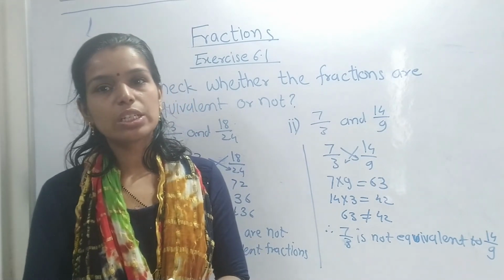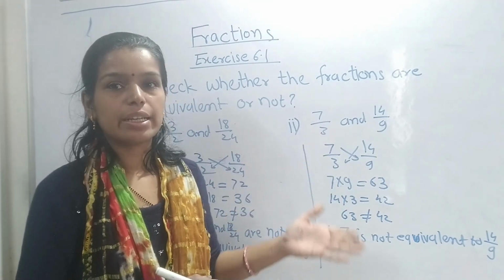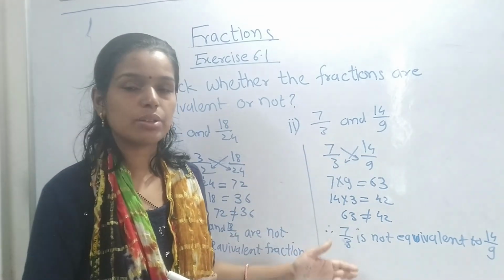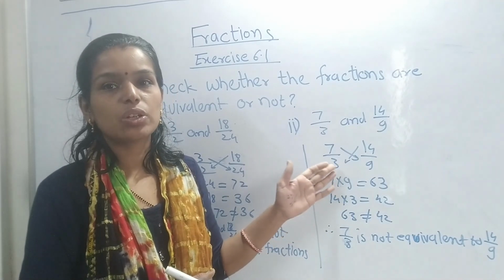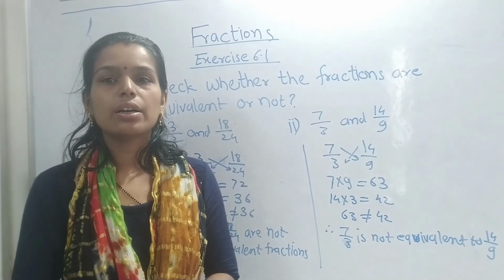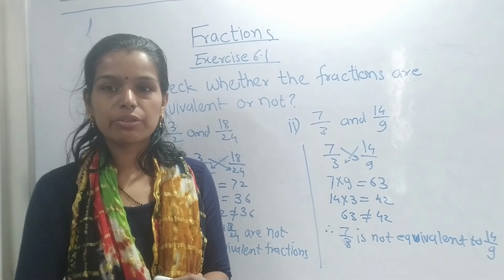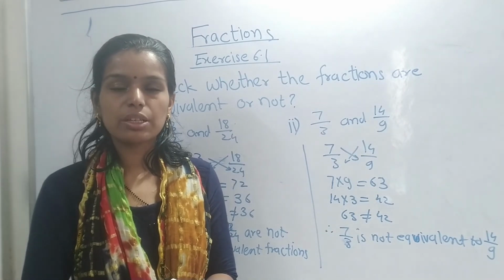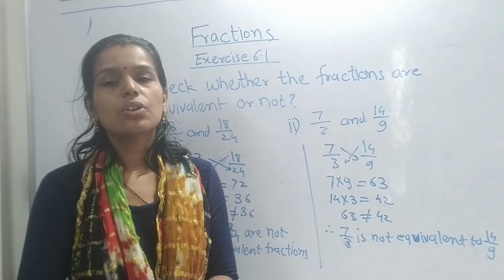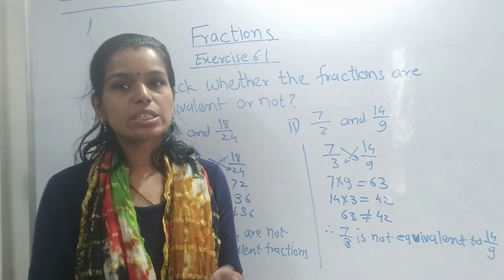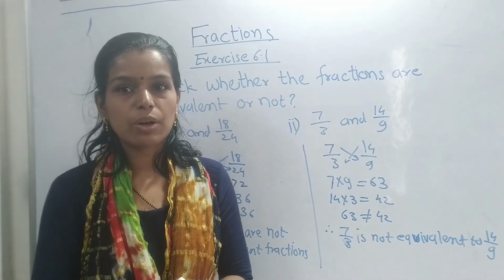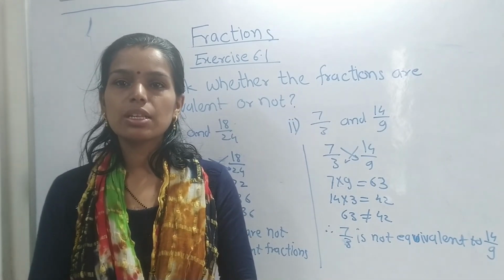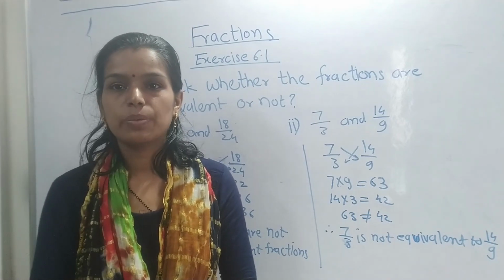In this way you can check it orally. But in writing exams you have to solve this. You have to show why they are not equivalent. Got it? Do you understand how to find the equivalent fraction? How to check whether the given fractions are equivalent or not? Okay, so in the next section we will go towards the next part about the fraction, that is reducing the given fraction to its lowest form. Okay.